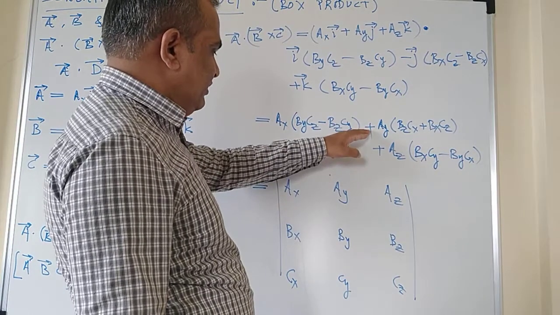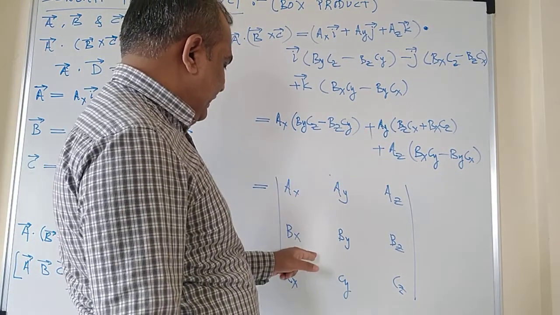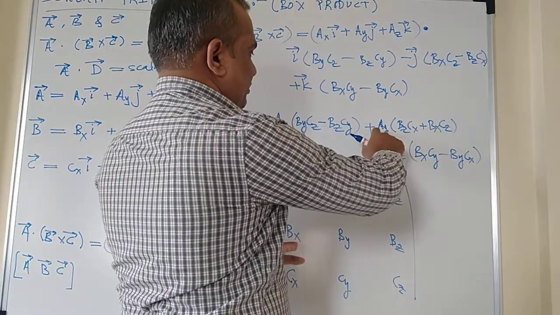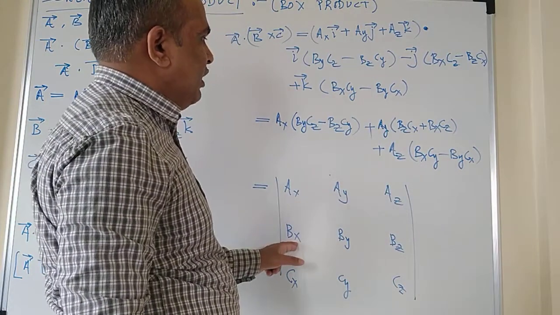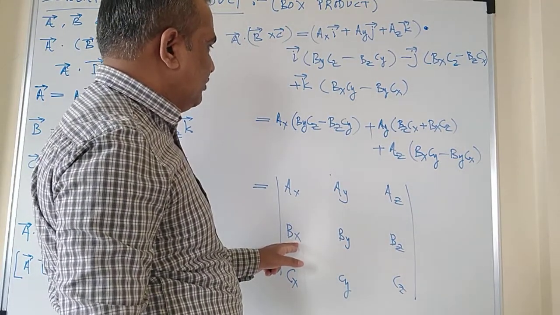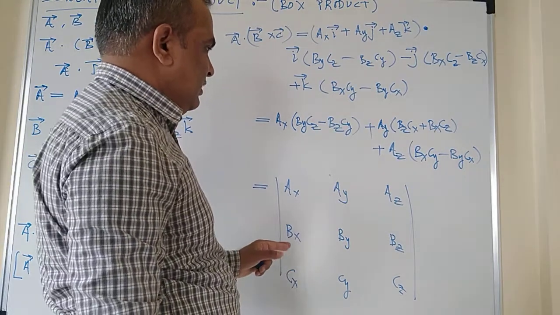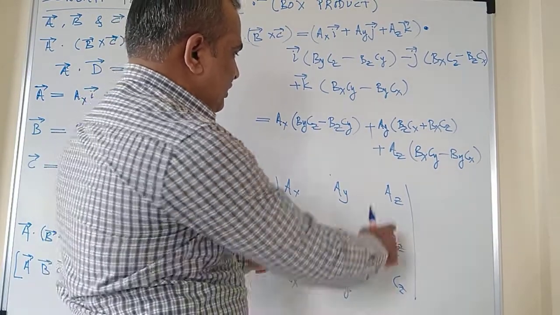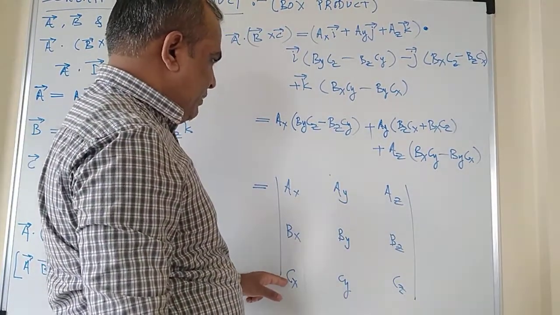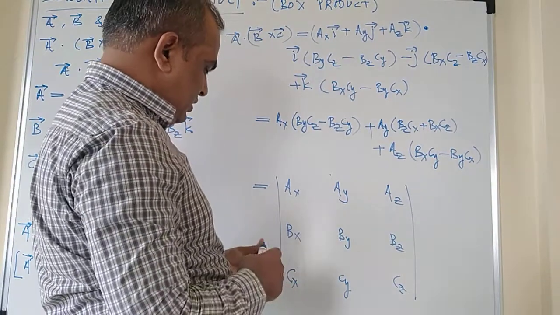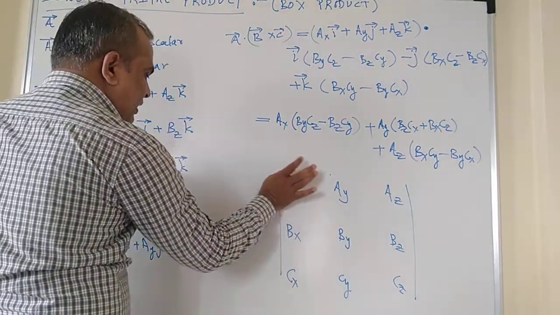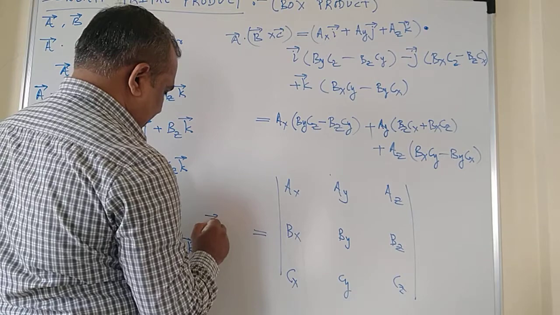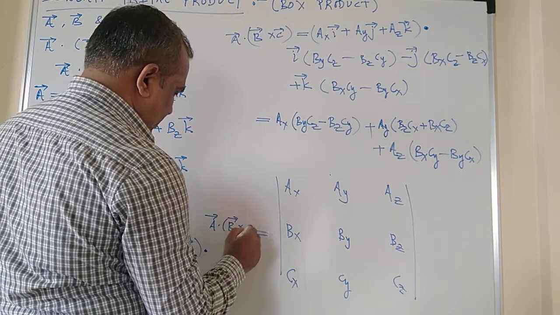Now here we will take minus generally. So minus times ay into bxcz. So bxcz becomes a plus because we have taken the negative sign outside. Or if you consider that negative sign as it is, then you will get that. There is no problem. The third one is az into bxcy minus bycx.